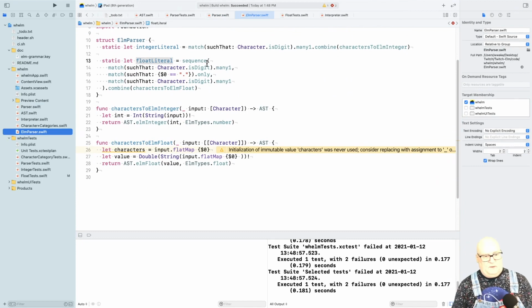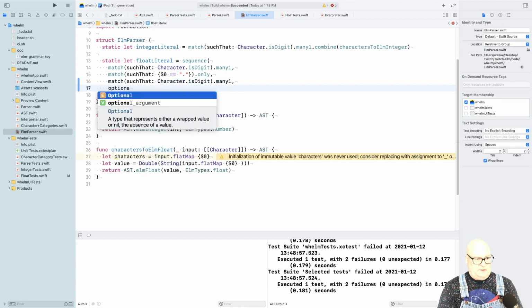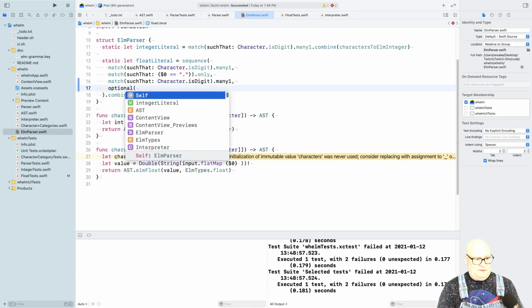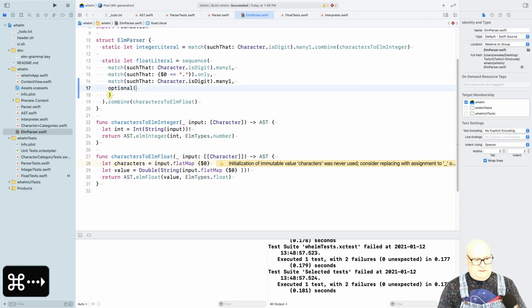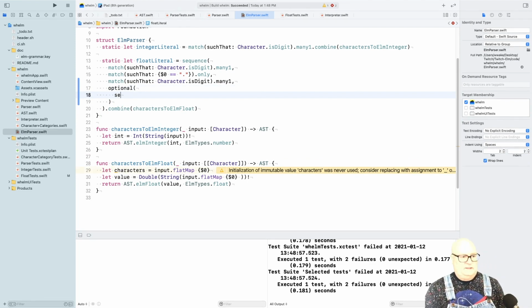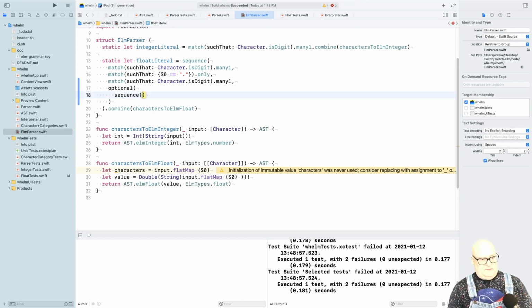Okay, a float literal is a sequence of all those things match, but it's also an optional, and the optional is a sequence. You can see why people get crazy on these. The sequence is